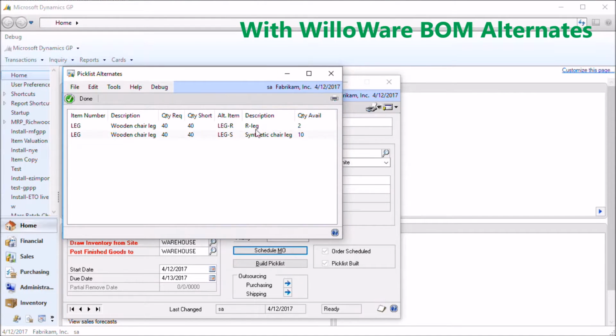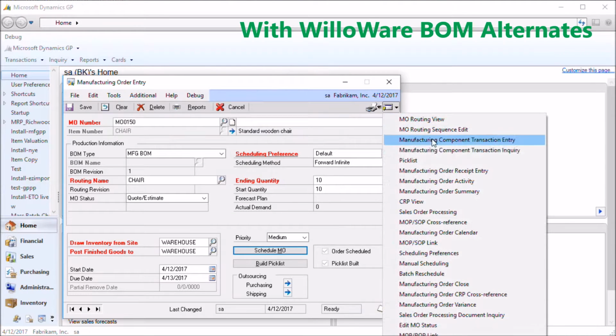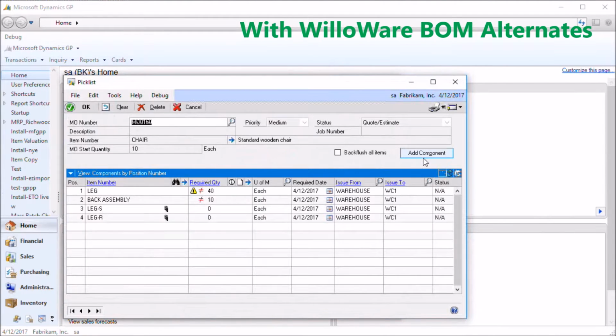Okay, so the window pops open again, and it shows us what our shortages are, and that we've got quantity available of the different alternate items. But perhaps we don't just automatically want to swap 10 of these or 2 of these. If you attempt to manually make changes to the pick list to adjust for use of the alternate items, so in this case, let's say we want to use 10 of leg S,